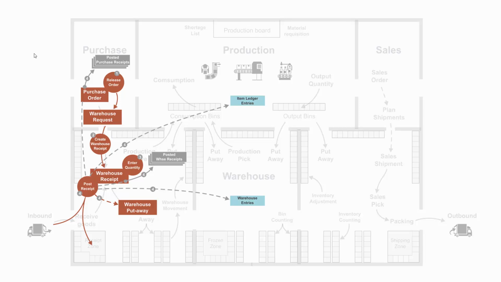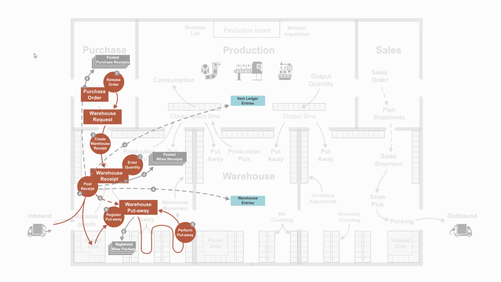So the next step will be, from the warehouse put away document, to print out the document, perform the actual put away and register which bin you are adding the item to and in which quantities. Then you register the put away document, or modify the lines if you used other bins.